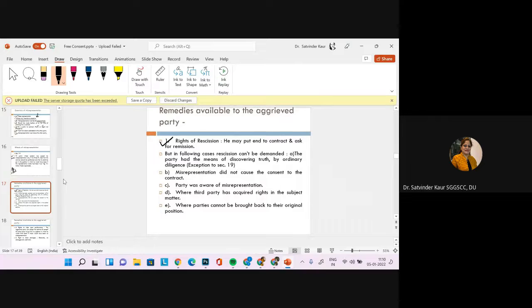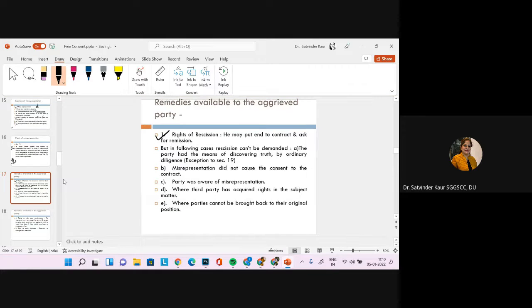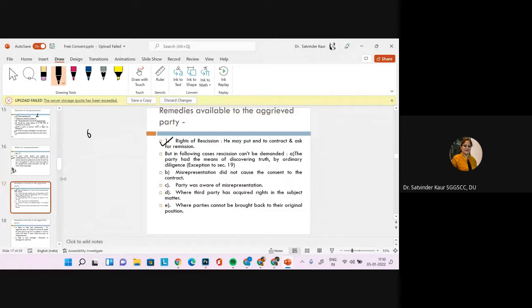The law gives us the right to set it aside on the basis that the consent of the party is not free, and here the consent has been affected by misrepresentation. But where the misrepresentation could be seen by a person of ordinary prudence or normal intelligence, no technical skills required, who can make out the facts and figures of the contract, then the person cannot set aside the contract. So, for example, it is written that the memory of the phone is 64 GB, right?